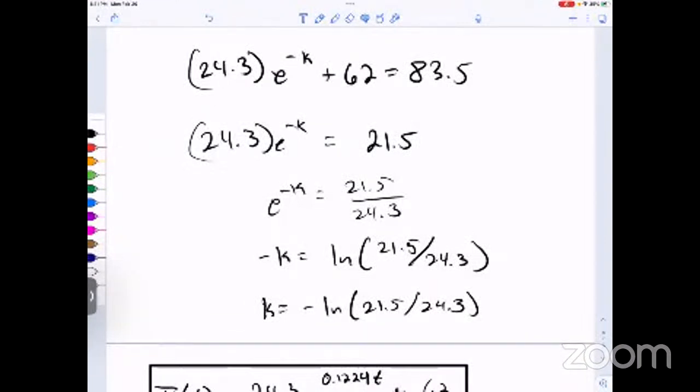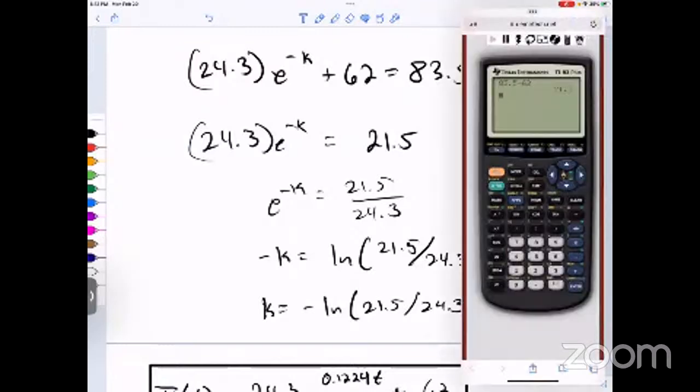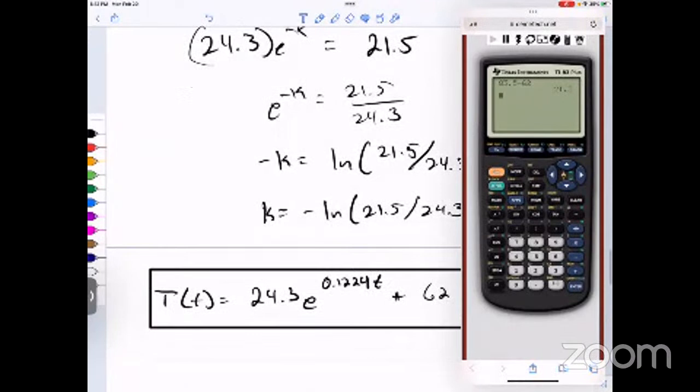All right. Okay. So then if we say a negative log of 21.5 divided by 24.3, okay, 12. Now, only other thing I could think is maybe it's our rounding. We could leave it exact and do our calculations. Let's leave it exact, all right? Let's try leaving it exact, unless